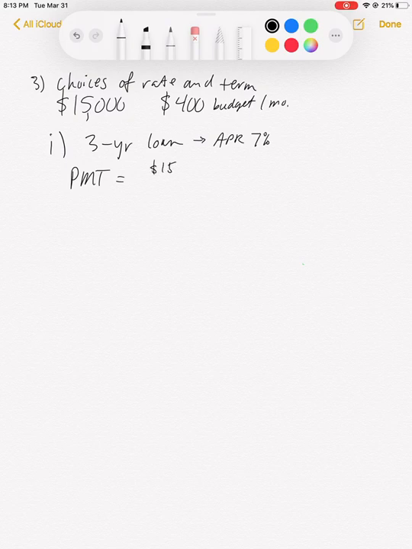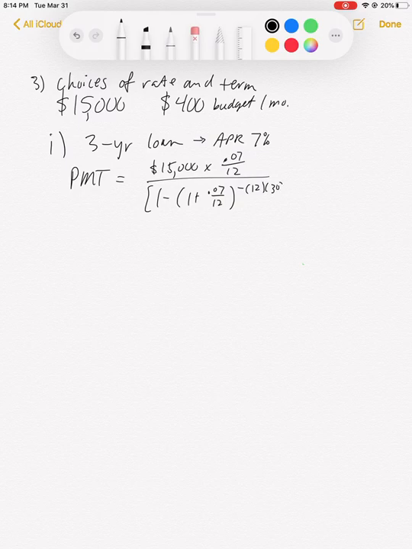And so our payment is going to be $15,000, and we're going to multiply it by the APR, 0.07 divided by 12. Okay, and then we're going to do 1 minus 1 plus 0.07 over 12 to the negative 12 times 30. So it's the n times the y power. And so we calculate first